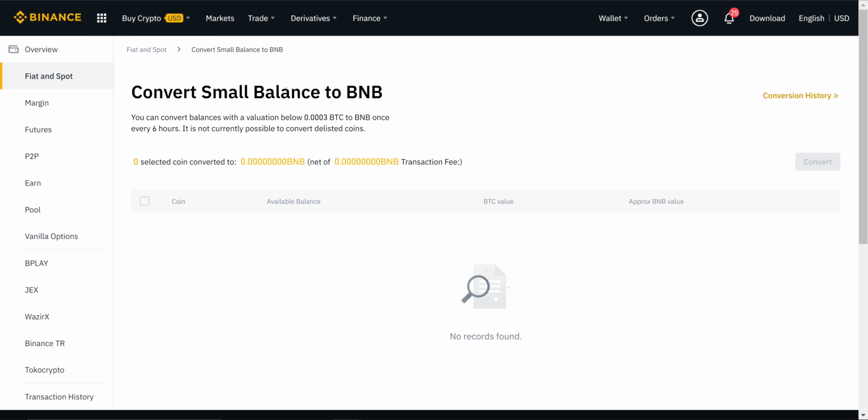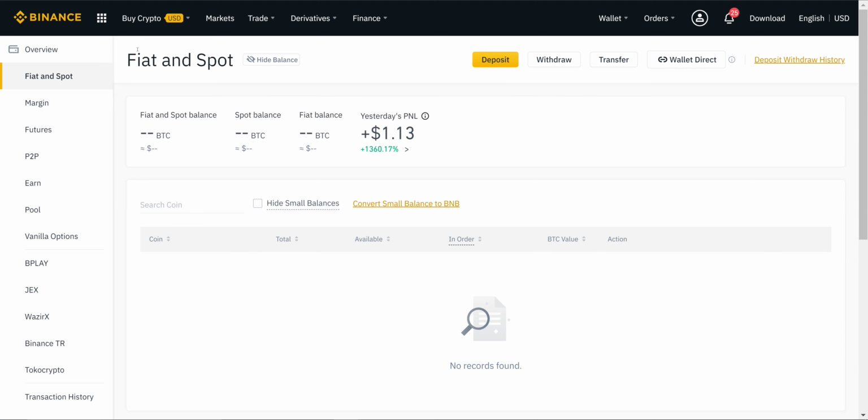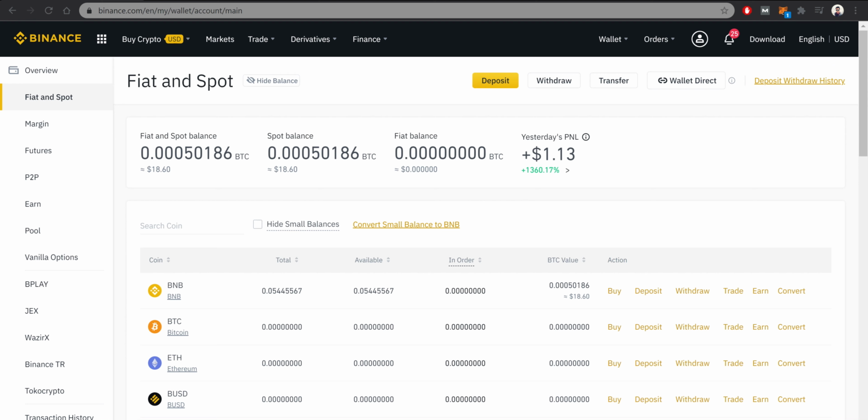It has been converted. Move back to fiat and spot. Now you can see the XLM has disappeared from the list.